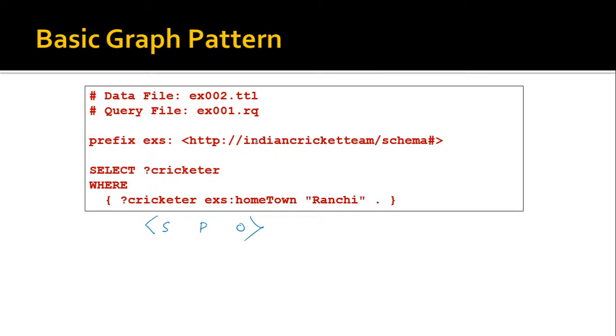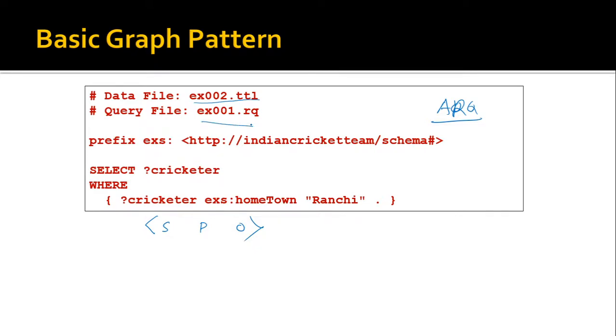So this query I'll be running with ARQ. We'll be using the command prompt to execute this query, and the data about this query is in ex002.ttl, which is a Turtle file. It contains information about the Indian cricket team members, though not all information,